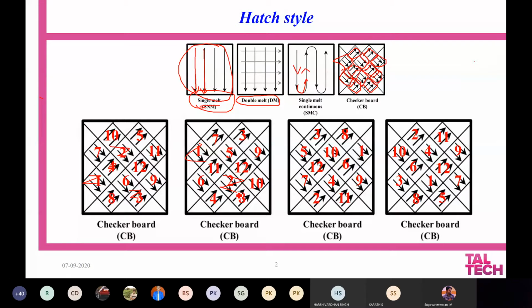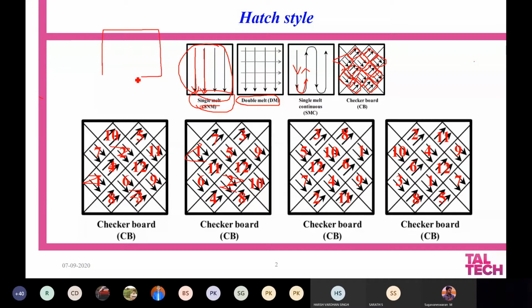At the same time, it also has some influence on the microstructure of the material, and hence it also determines the mechanical properties of the material. So just by changing the hairstyle, you have a whole lot of differences in terms of microstructure and mechanical properties. And the other hairstyle which I have not shown here is called the Gusset hairstyle.